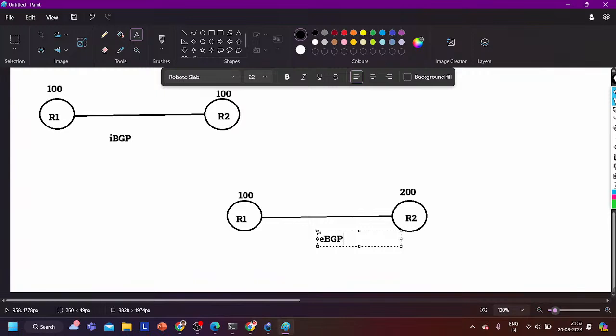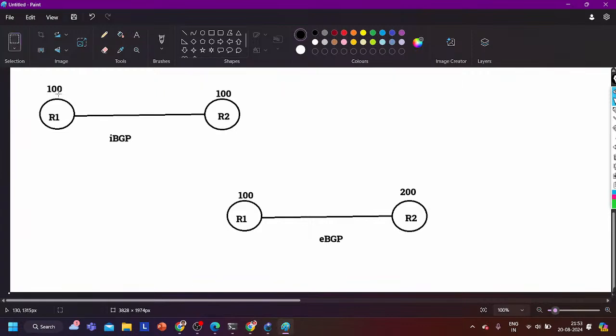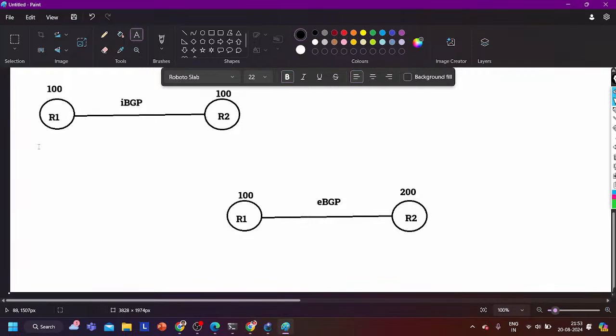Yeah, between 100 and 200 we will run eBGP. Now try to understand, this is very important, bro. If you do not understand the BGP neighborship, I cannot teach you the BGP protocol. No one can teach you the BGP protocol. To understand the BGP protocol, try to understand how routers are going to form neighborship. So manually you have to first configure the neighbor. You have to define the neighbor IP address on router number 1. Let's say here the IP address is 12.1.1.1.